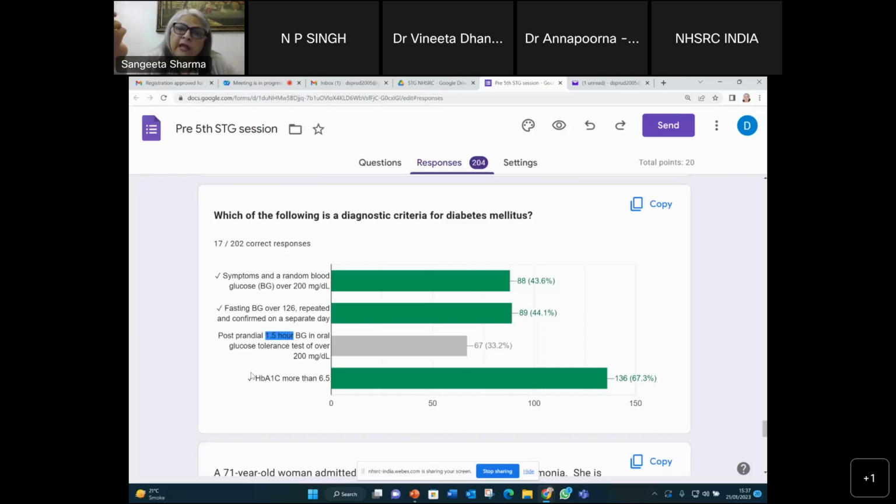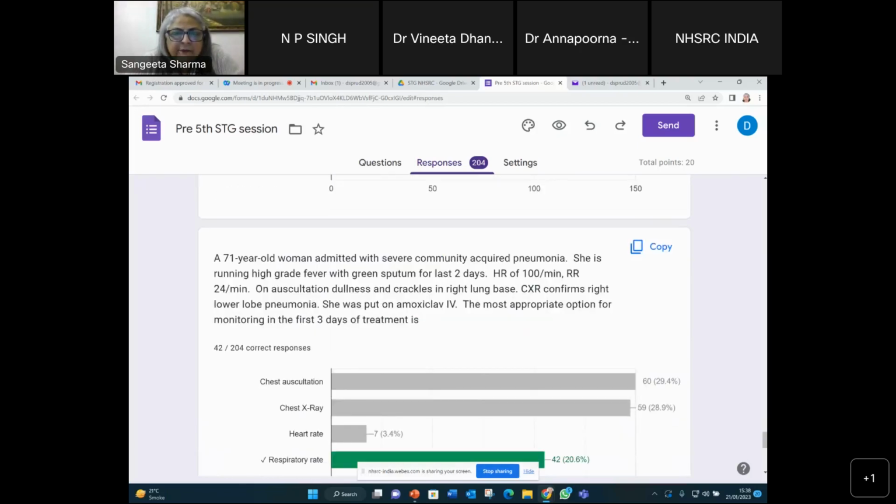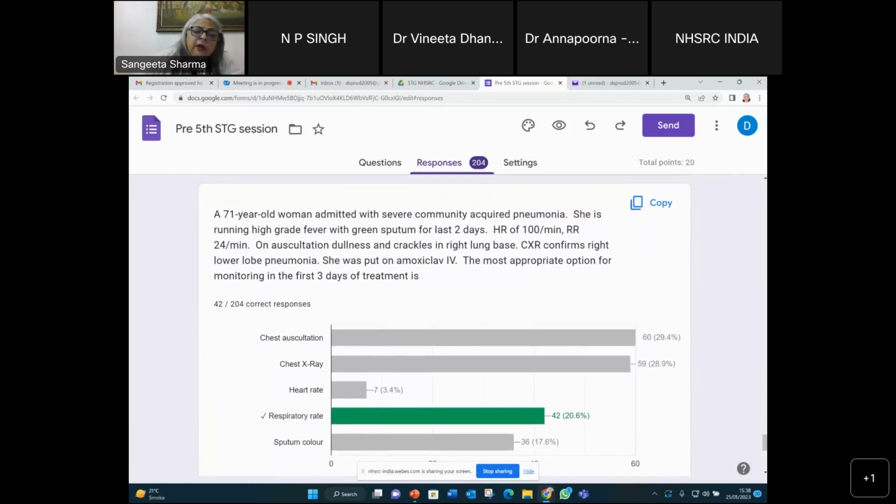Otherwise you will be over diagnosing some of these patients, because obviously in a diabetic patient, the return to normal sugar is delayed. It's slower than in normal individuals. So if you do this GTT at 1.5 hours, it will lead to over diagnosis. I think Dr. NP Singh can elaborate further on this. Now coming to children, who are one of the special population groups. Similarly, the elderly are also a special group, and I'll be discussing what peculiarities may happen in elderly